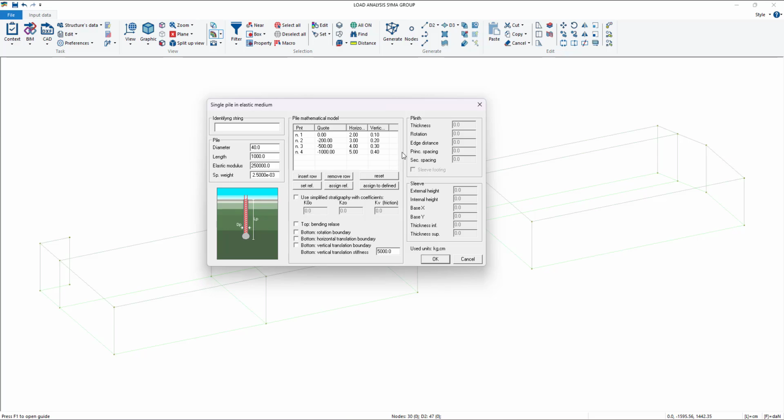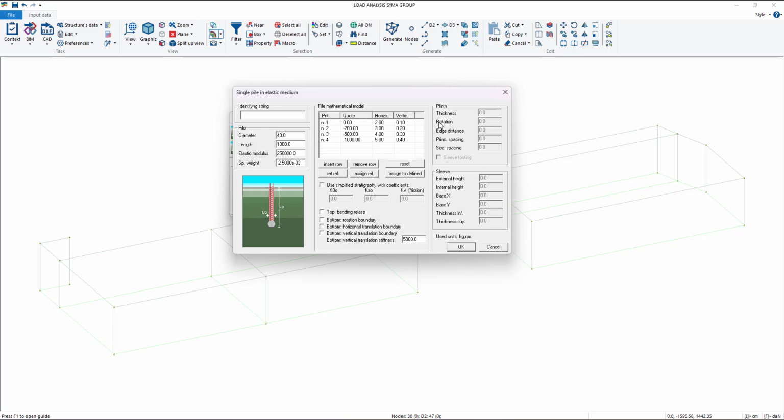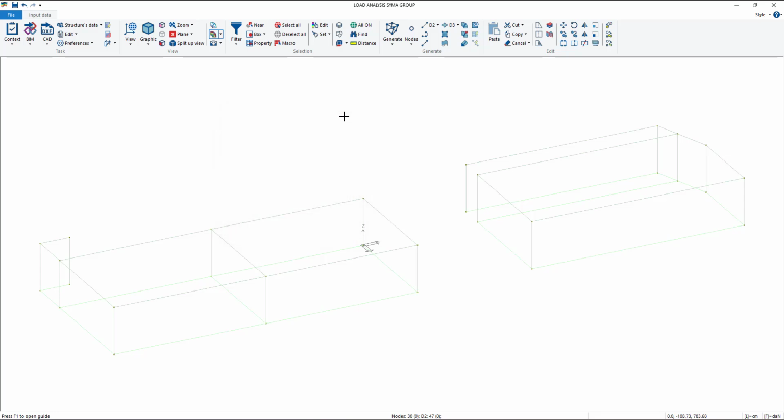In case we have some plinth on pile, this section of the window is going to be active, and here you basically have to insert the geometrical properties of the plinth. Now we can go OK and apply. Each time we do this basically. And okay, we can close the archive, and to assign it to the nodes as before, we go to edit, we click on node. Okay, now we cannot click on node because I already excluded nodes from the selection.